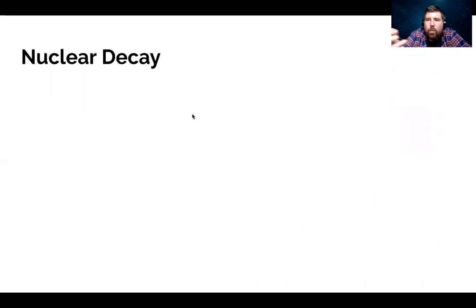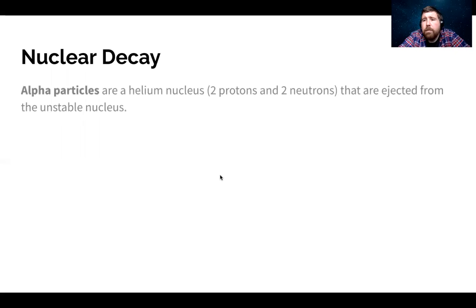So what does this mean? Well, if you don't have that right number of protons and neutrons, if you don't have that right ratio, then the atoms do undergo nuclear decay. They go ahead and decay and break off parts of themselves until they are stable, until they are happy, if you will. The first type of radioactive or nuclear decay that we're going to look at is alpha decay, where